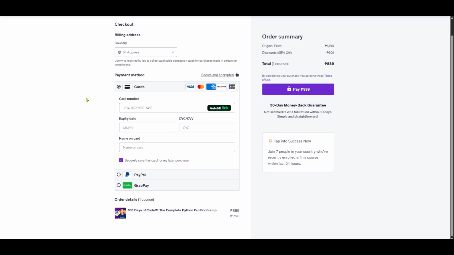And there you have it. You've successfully changed the location country in your Udemy account. This quick process can help make sure your account settings and billing information are always current and correct, giving you peace of mind for any future transactions.